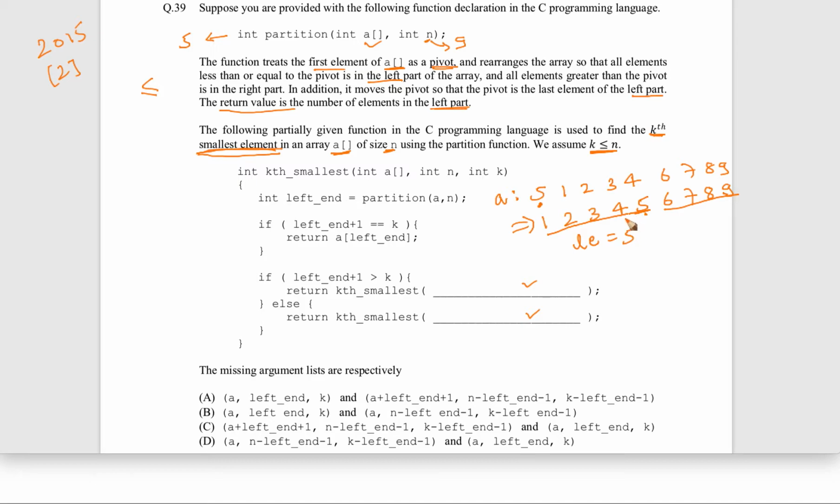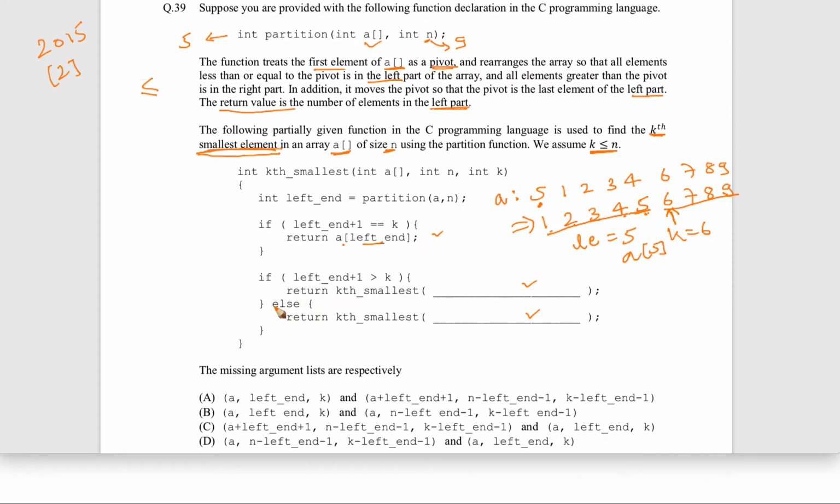Now when left end plus 1 is equal to k, which means k is equal to 6, then they simply return a of left end, so they are returning a of 5. And a of 5 is what? 0 1 2 3 4 5. A of 5 is this, which is the 6th smallest element, which is true. So that is how it works, and this is correct.